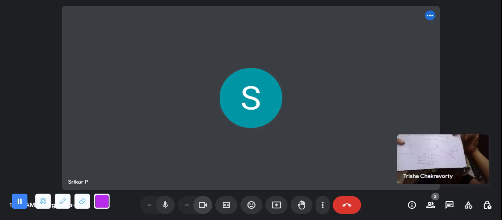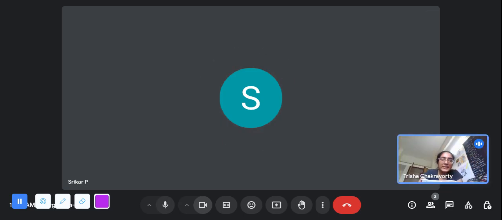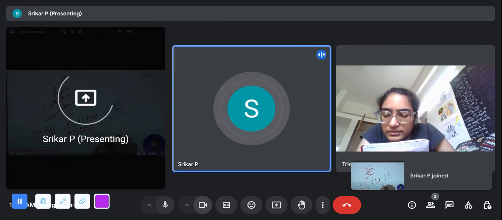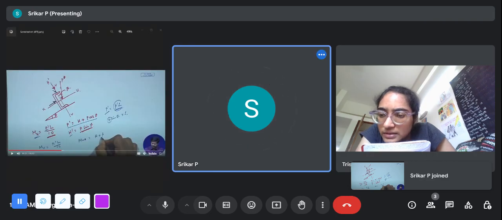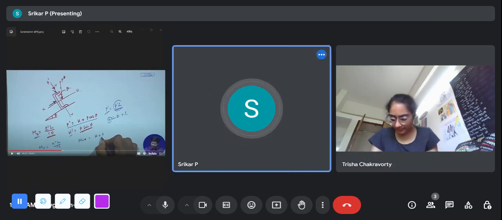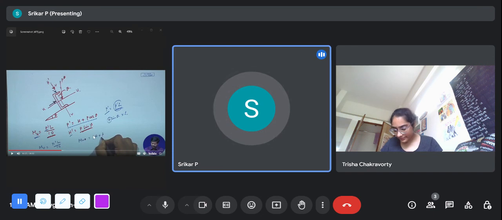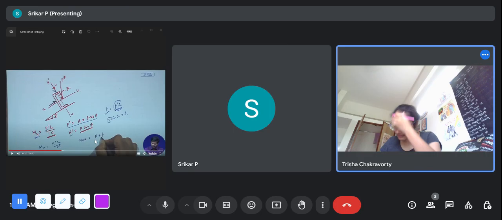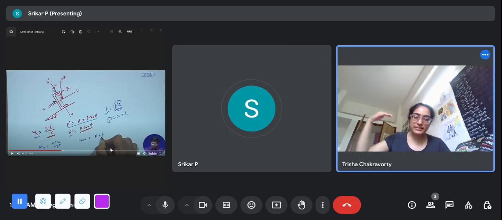Yes, ma'am. Did he by any chance mention that there is no H in the absolute horizontal direction? Did he mention that the H is along this line only, on the VV axis? There's no mention about any H actually. Okay, there is no H. In the bottom, I guess there is some here. Sir is about to write in the MU consideration. Sir is about to write H, I guess. I think that when wind load acts, I think that H is.